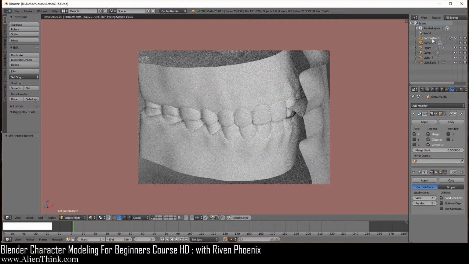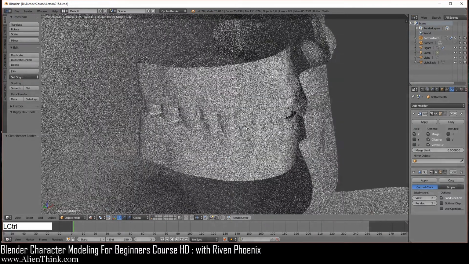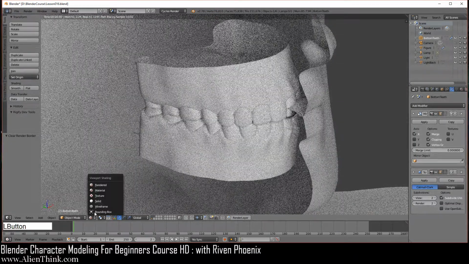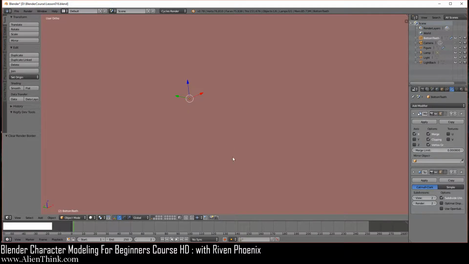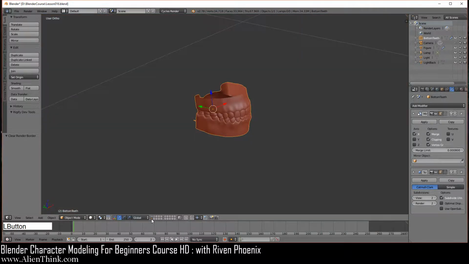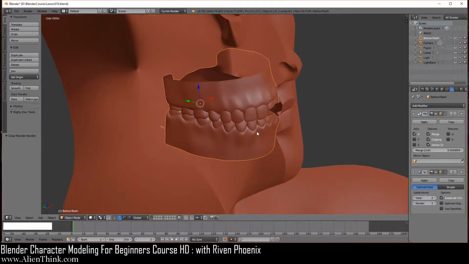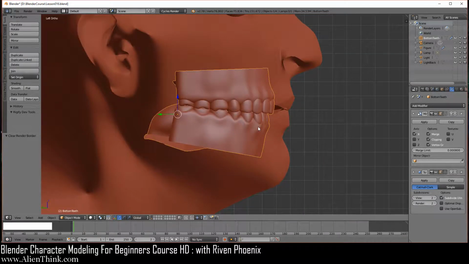I was here on the bottom teeth over here, okay? Now we can do Control Alt B to get rid of that, and I'm just going to switch back to solid view over here, okay? So now notice your computer will start to chug along because we're now getting into much more complicated, intricate stuff over here. Anyway, so click on the teeth, press the shift key down, and then click on this guy over here. Press Control 3 to look at it over here.